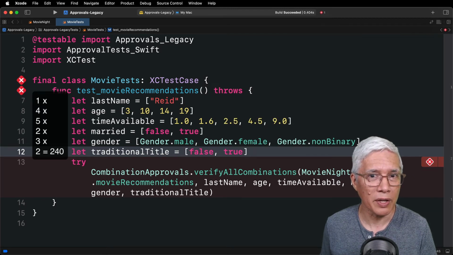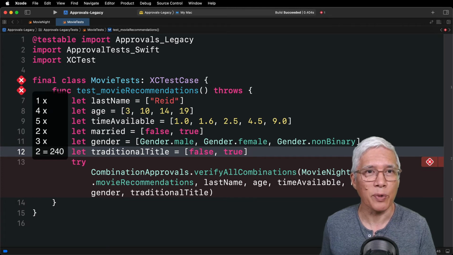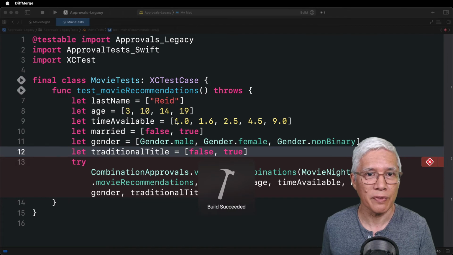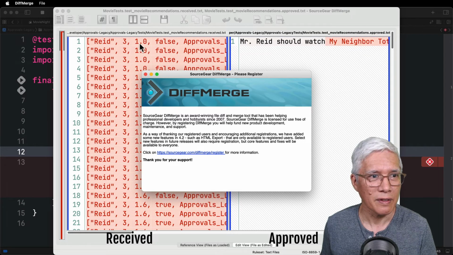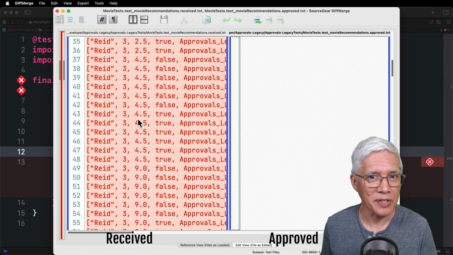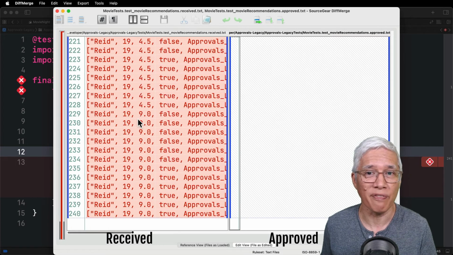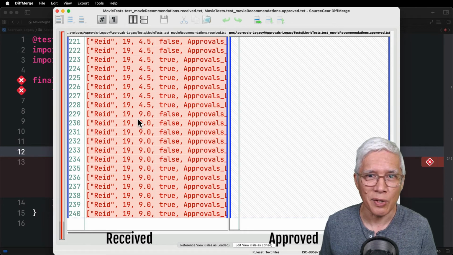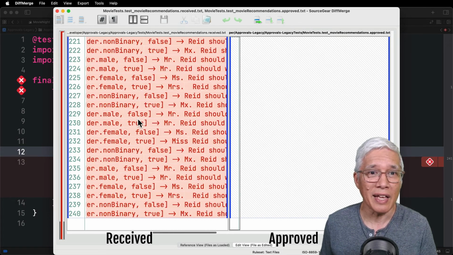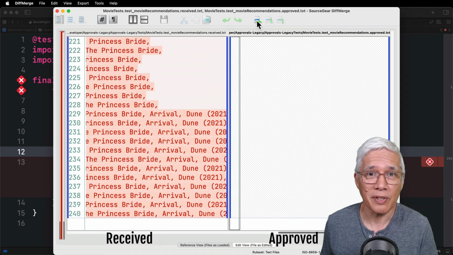And now it's going to run all of these combinations, and with very little work, we're going to get a lot more coverage. You can see that it's now running 240 test cases. Again, I don't even have to look to see if it's correct. I can just use the definition of legacy code to say, just preserve the current results.